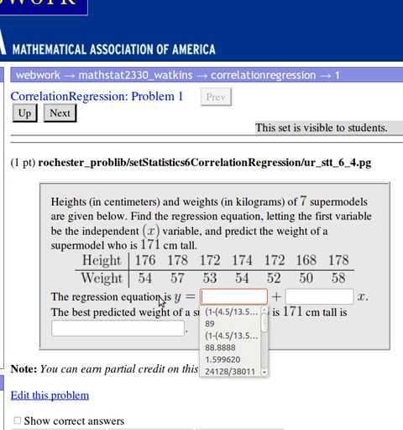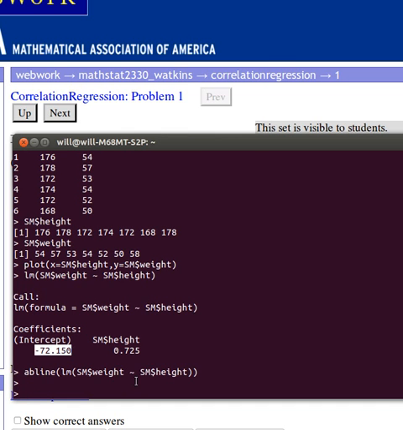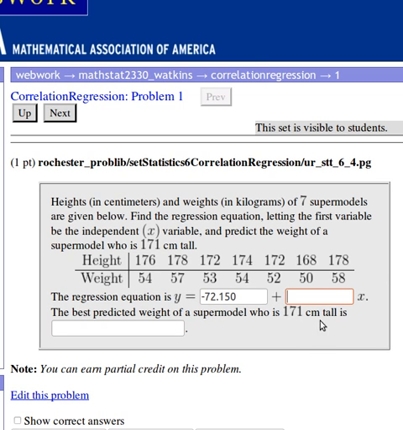So negative 72.150, and the slope was also given back there as 0.725. So let's come back here with 0.725, and then we've got to do a prediction here. What does this model, what does the